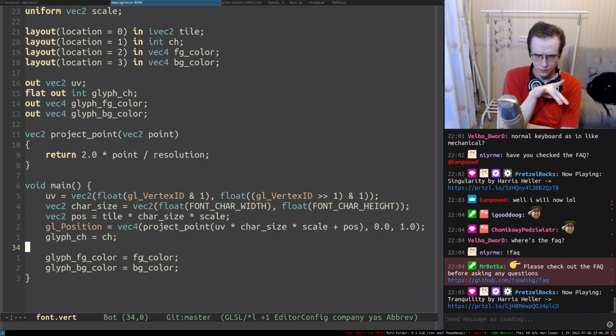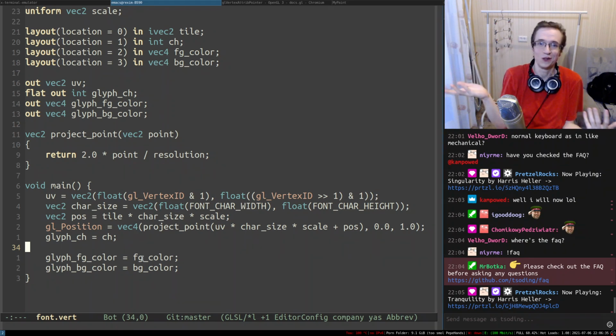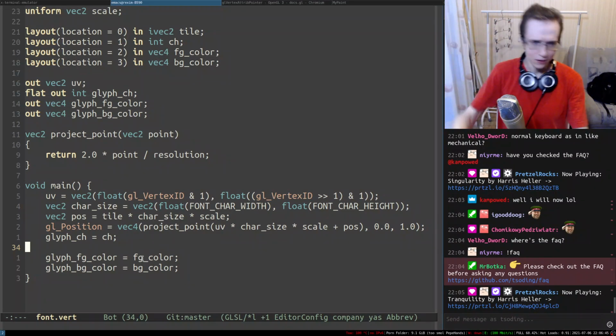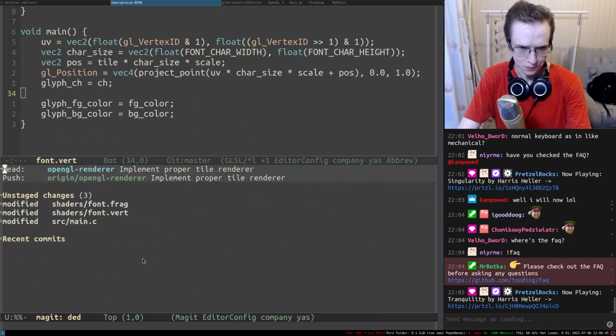This is pretty much it. We have a pretty solid renderer that we can try to integrate into the main application. We already have it, we just need to start using it. So that's pretty much it.